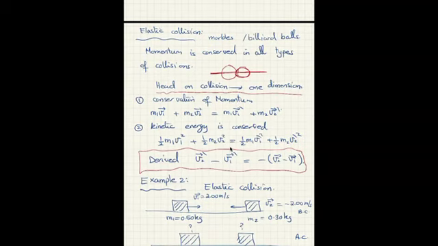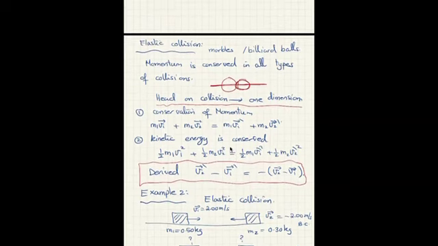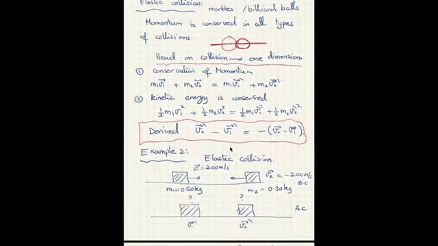Now I have derived an equation that is going to make it easier for us to use. It says the final velocity of the second minus the final velocity of the first equals minus the difference between the velocities before the collision. And this one is much easier to use than the one about kinetic energy, because remember the kinetic energy one,